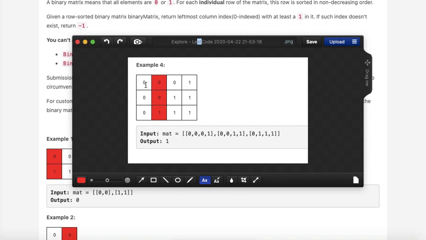From the 0th column I'll see if there are any ones. If there are ones, I'll return it. Otherwise, if there are no ones in the 0th column, then I'll go to the first column and look at all the elements in that column. If there is one, I'll return. If there is no one, I'll go to the next column again.